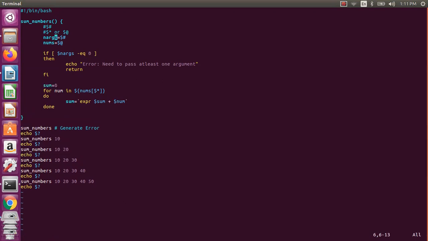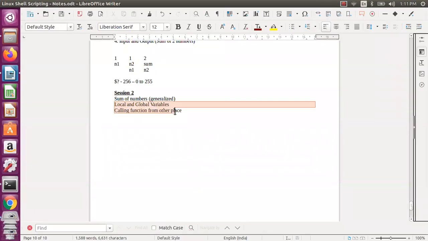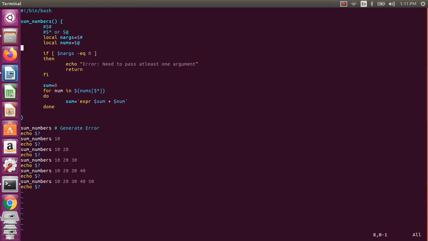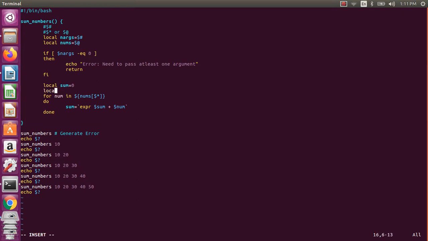As we have seen, all the variables should be local because otherwise they will be visible outside of the program. This we will clearly see later, the local and global values. So as we know, we need to put that in a local variable. So I say local. Of course, this particular num will be inside the loop, so no issues, or you can just say local num. This is also fine. Now let us return this particular sum. So I say return dollar sum.